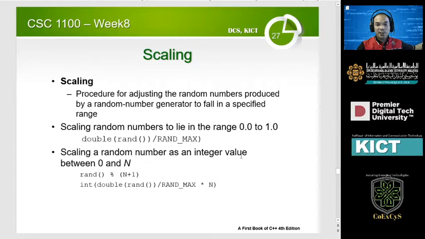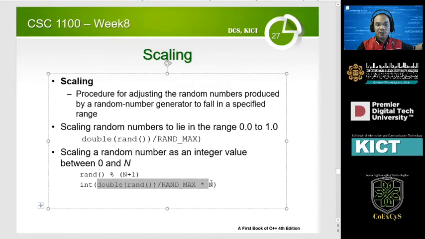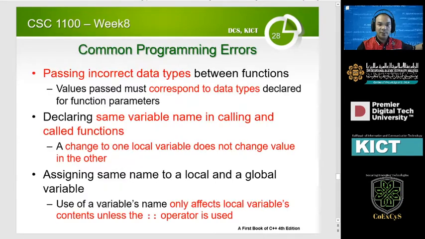And if we're scaling to an integer value, and it's somewhat a double value that we want, then we'll just divide by the random maximum value and multiply it with some kind of n, right? This would give another method to produce random numbers in that sense. So these two methods basically work. This would basically return a double value and then basically change it into an integer or scale it into an integer, right?